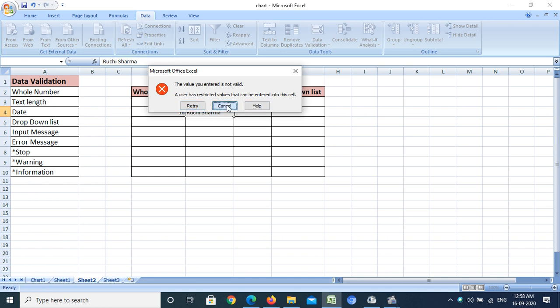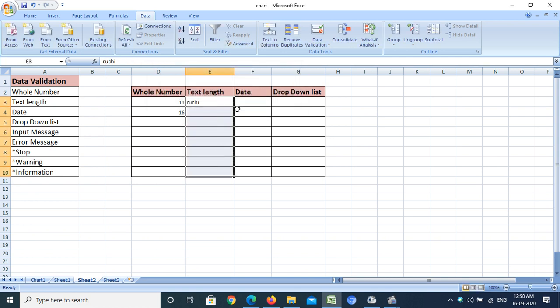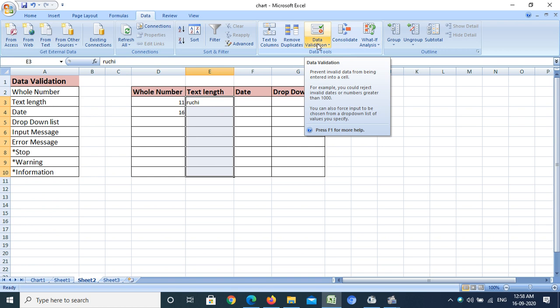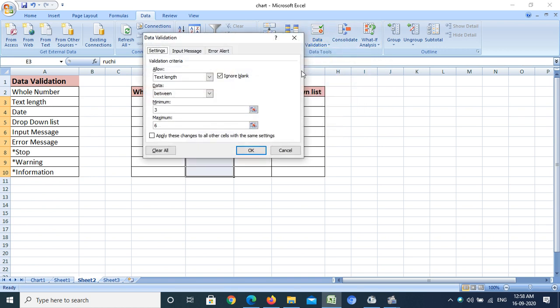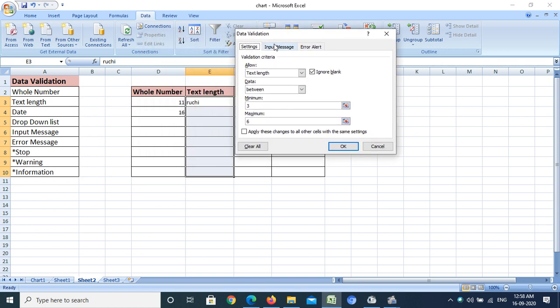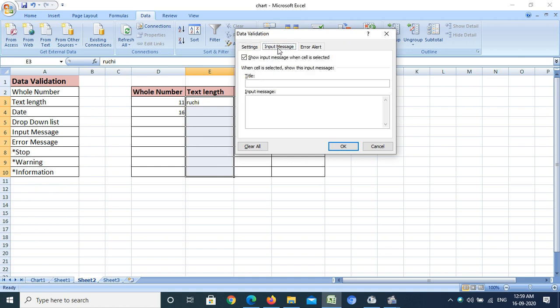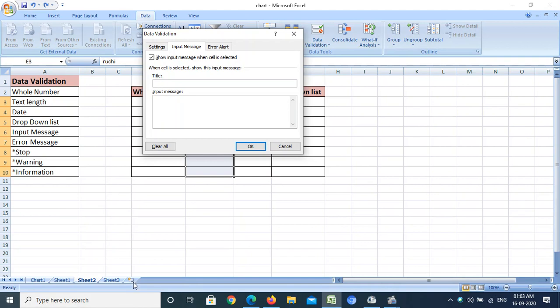Again I'm going to select it and select the data validation option. This time I have to click on the input message tab. After selecting the input message tab, it will give me the title and the input message. Whenever I select a particular cell to enter data, it will show me the message as a comment.